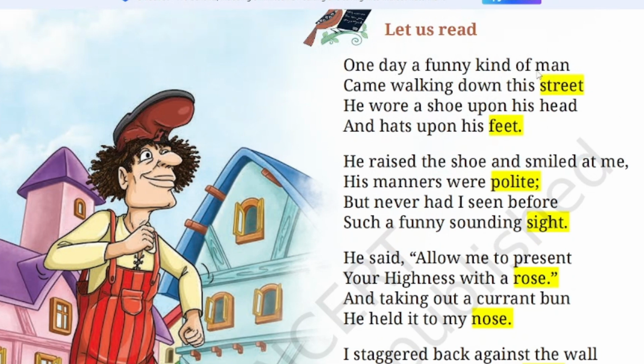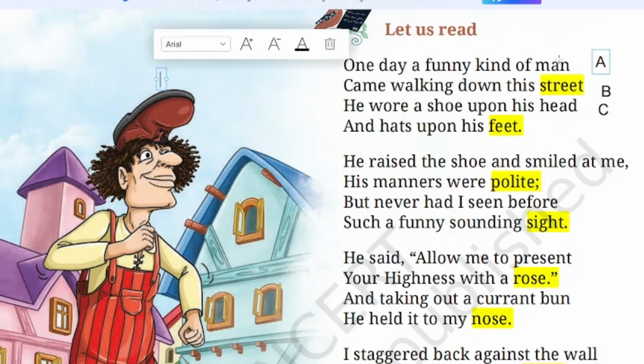First one is man. See. So for man, I am giving the letter A. Now street. Man is not similar to street. It sounds something different, isn't it? So I am giving the letter B. So man I gave A, street I gave B, head. Is it similar to man or street? No, it's entirely different. So I am giving this C.